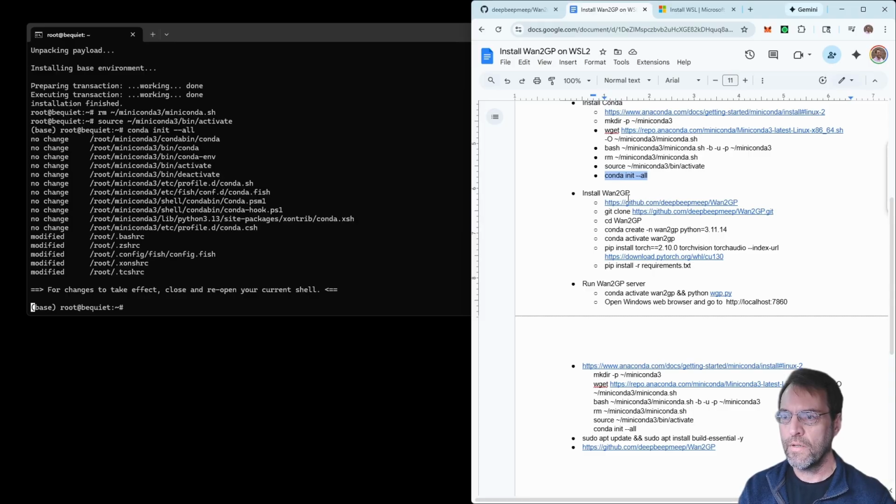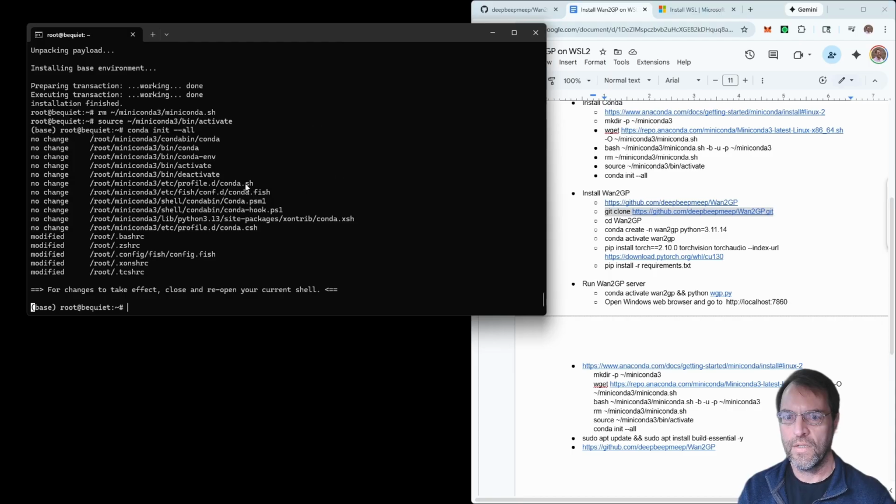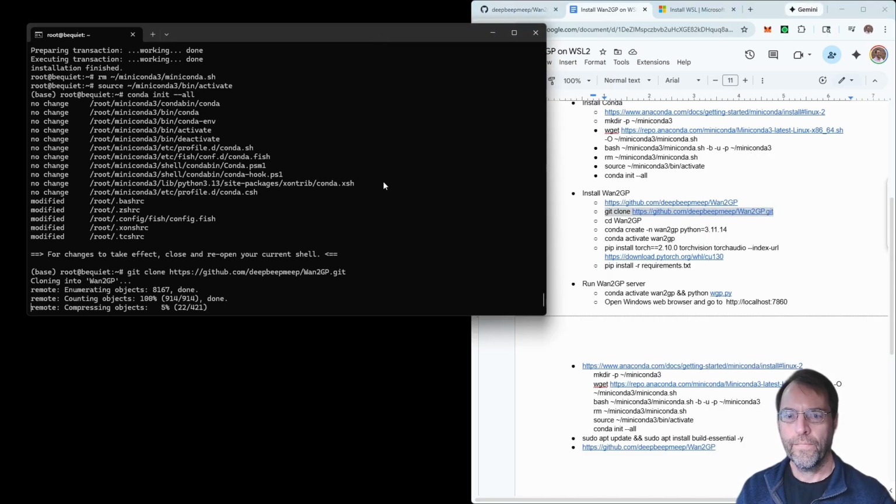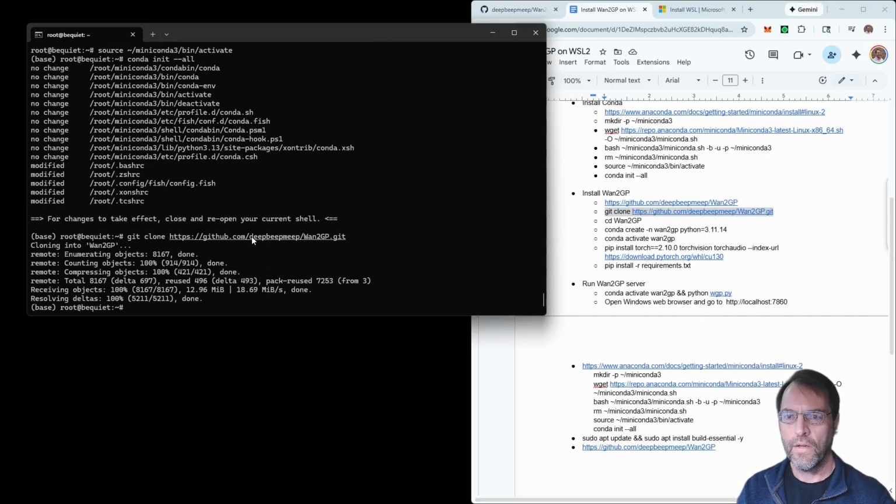So now the next step is to install Wan2GP. So this is the website that I listed earlier. You can go there if you want to get more information, and it has the directions, but I summarized them here just to make it easy for you. So first you need to do git clone. Git should be installed in your Ubuntu instance by default, so this should just work. Copy. Okay, so that gets the